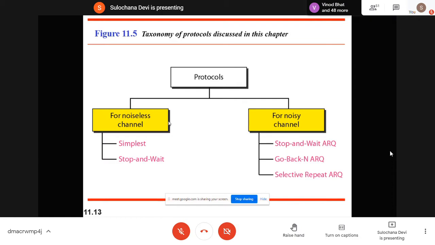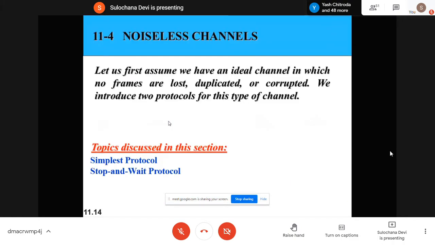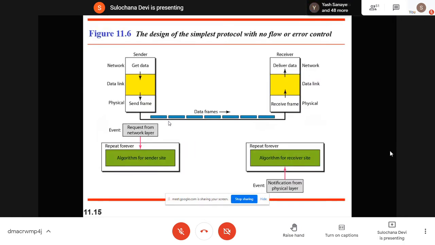There are two protocols for the noiseless channel. One is simplest and another one is stop and wait. We did this in the last lecture, so this is just a brief revision. In the simplest protocol, the sender continues to send.